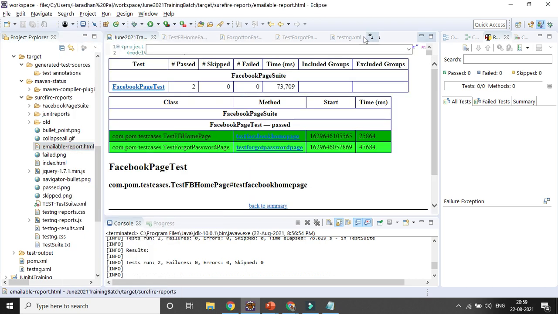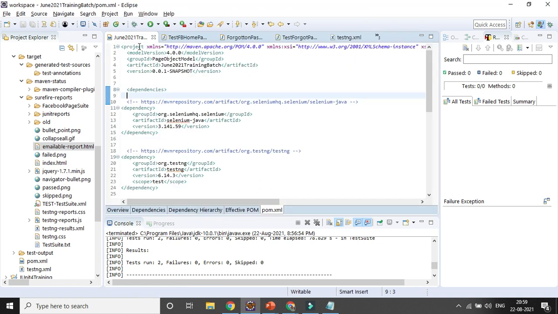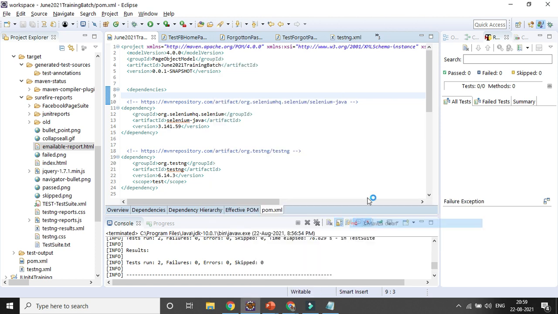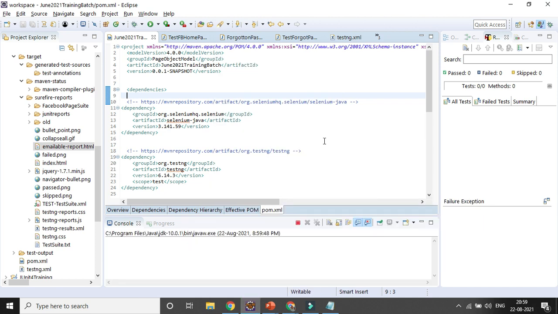Now I was showing, suppose you are asking what is clean. If you run as Maven clean, you can see it is there, right? You just run only Maven clean. Everything will be removed from the target folder, because it will try to delete everything, clean your target folder.